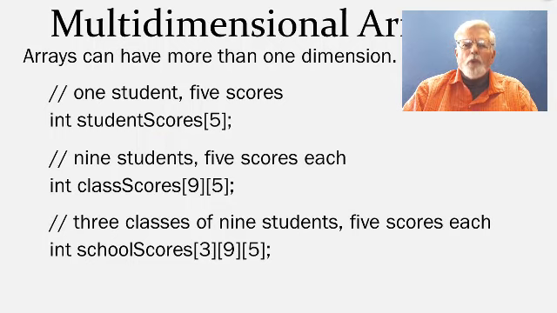Arrays can have more than one dimension. Here is an example of a single-dimensional array. It is created for one student with 5 scores. int studentScores[5]; Now, let's create a double-dimensional array that can hold 9 students with 5 scores for each student. int classScores[9][5];